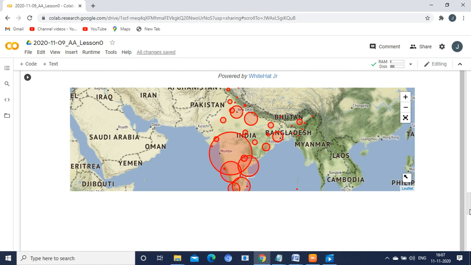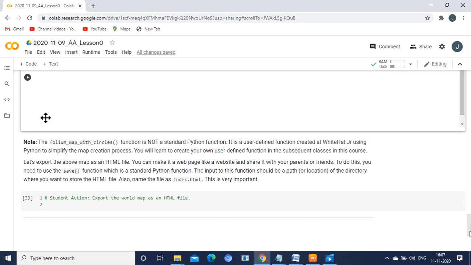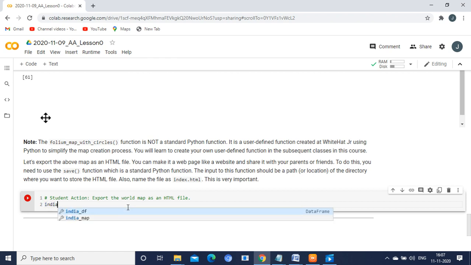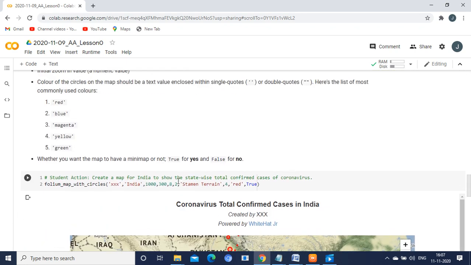Okay. Now we have discussed the folium map. Then whatever activities we have performed so far, we are going to save our activity. For that, we need to use a variable India_map. Under this variable, we are going to save the activity we have performed.